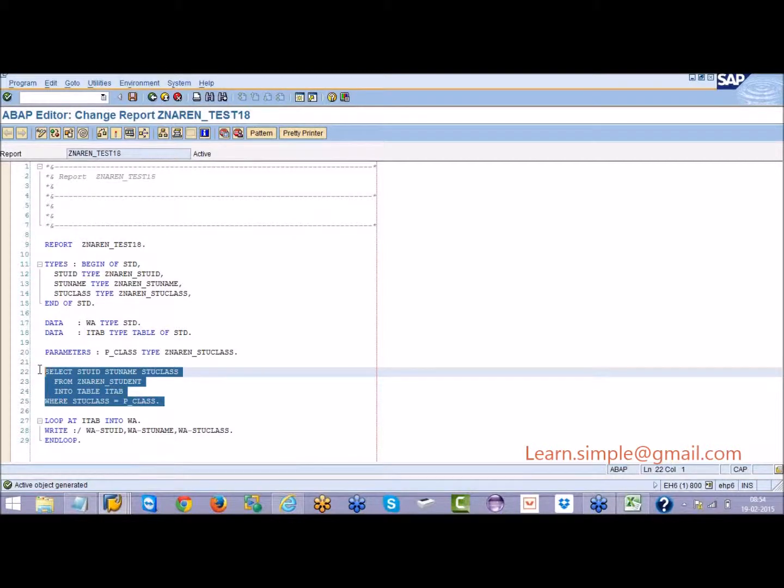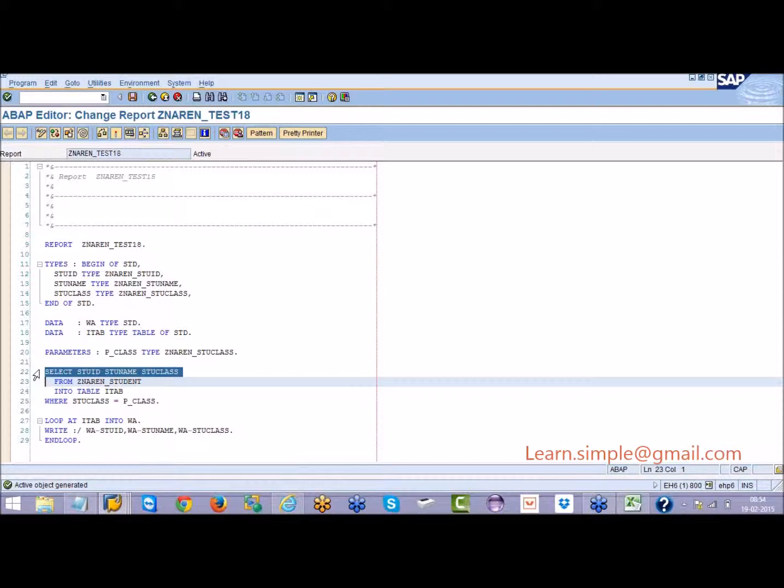Yes, the select query is directly getting the data from the database and it can put it into the internal table. This is the exception. It can put it directly into the internal table. The select query, that means this syntax, can do it, but if you want to do it manually, you cannot. Okay, so through work area only we have to put it. Yes.